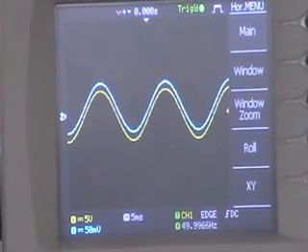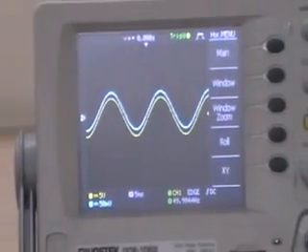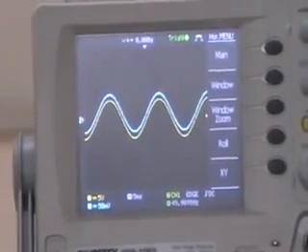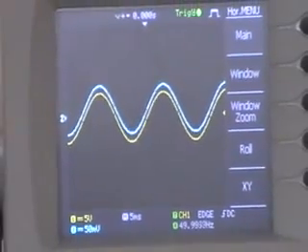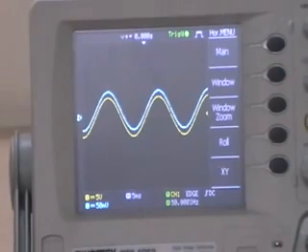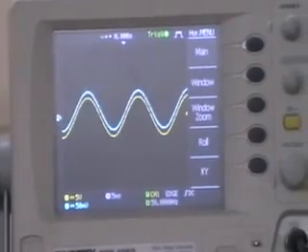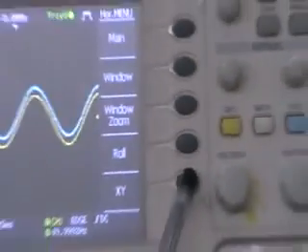Since the device under test for this part is the resistance, V0 and VM are in phase, and we are going to observe the XY plot of the IV characteristics of the resistance circuit. We can select XY by selecting this menu and selecting this XY knob.